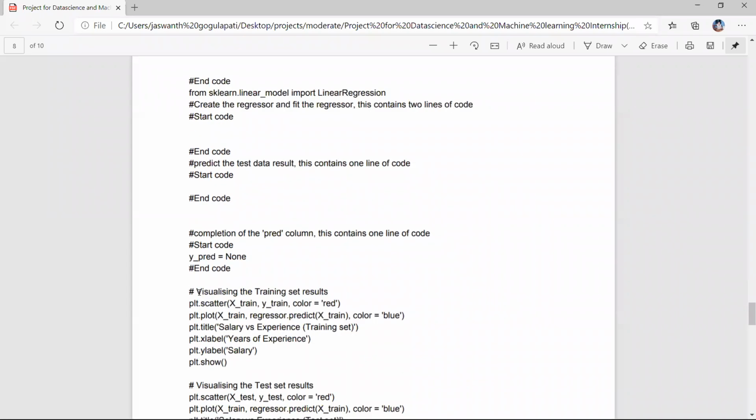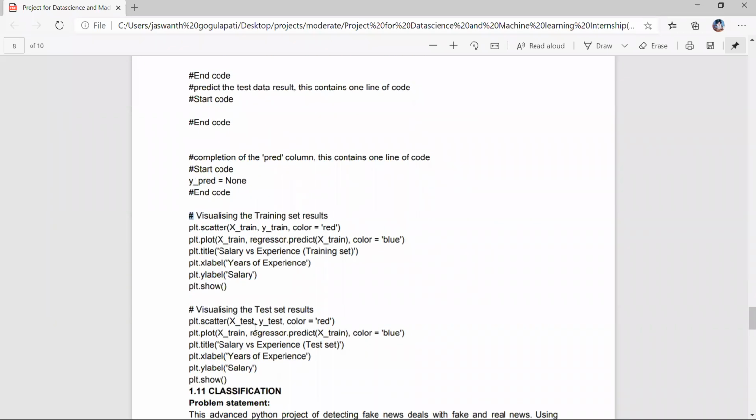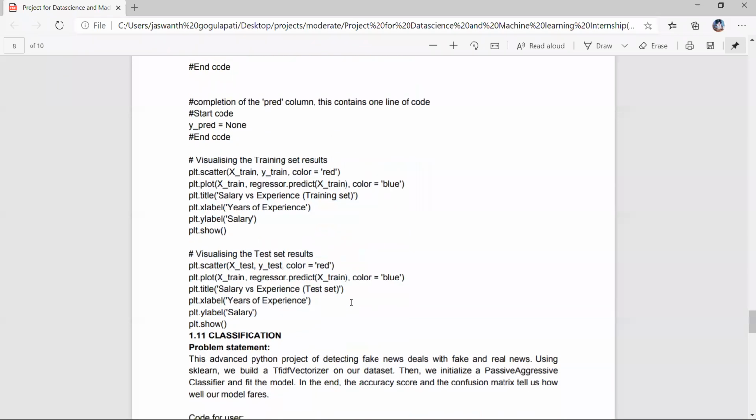Here I have given a visualization of the training set and test set results. It is not necessary for every machine learning model, but it is for your better understanding.